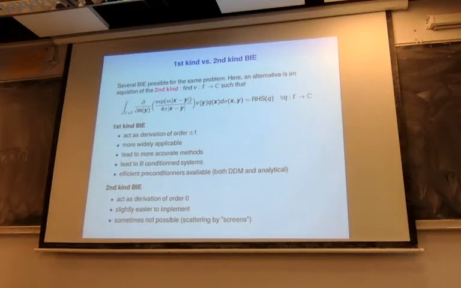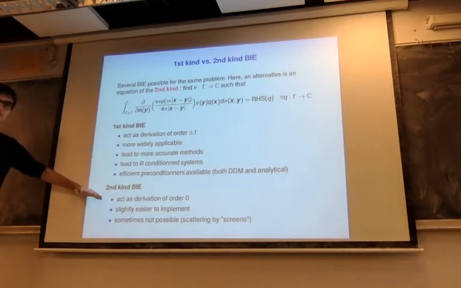It's not the only way of reformulating this scattering problem in integral form. What I have just presented is what is usually referred to as the first kind formulation. There also exists a second kind formulation that takes this form. I will go fast and will not give detail on how to derive this, but it's not very complicated. And usually, integral equations are subdivided into those two categories, either first kind or second kind.